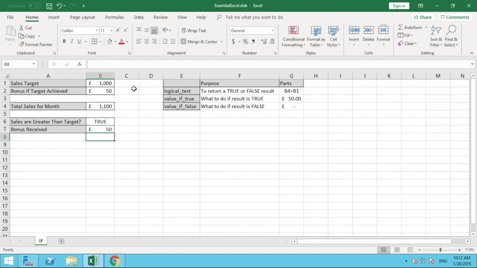Cool. So what's happened is we've now got the £50 shown in line 7. So nothing we weren't expecting. We know that the logical test for the sales for the month being greater than the target is true, and because of that we are going to receive our bonus. So that's quite simple. What we can do to move on from that, though, and to demonstrate what happens if the sales were not greater than our target,